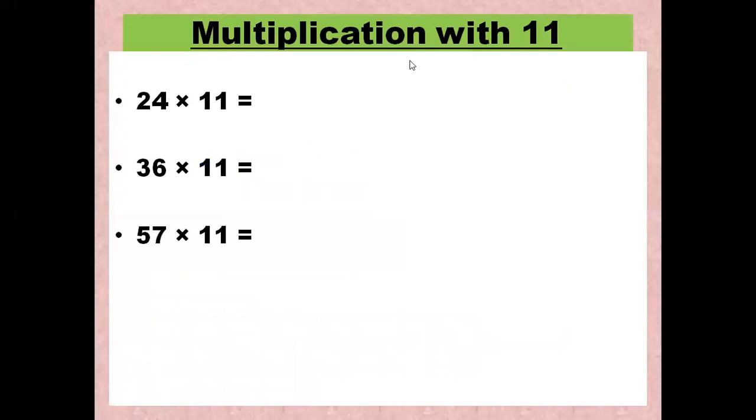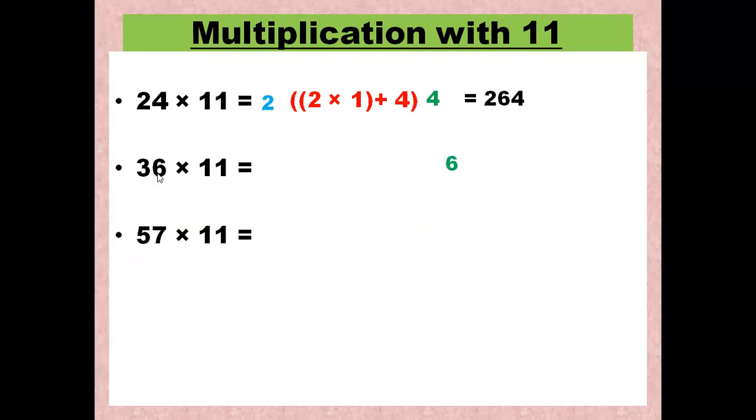Now we start with multiplication with 11. We start from the rightmost. So we write 4. We can say we have multiplied 4 with 1. Since we are doing multiplication with 11, we are multiplying with this one. So 4 into 1 is 4. Next step is we multiply 2, the leftmost digit, with 1. Then we add 4, the next digit. So 2 times 1 plus 4. Next we write 2, the first digit, as it is. Let us do the calculation. So 4 will come as it is. 2 times 1 plus 4 is 6, and 2 will come as it is.